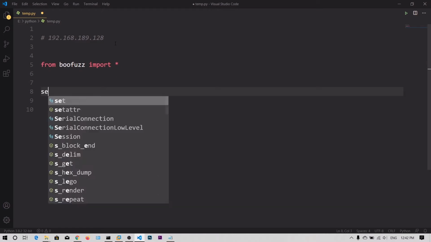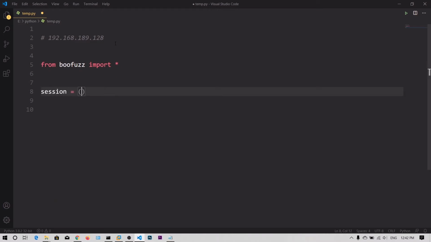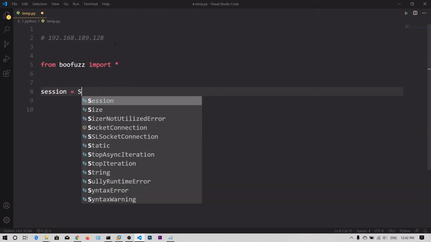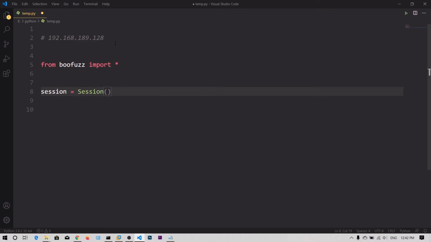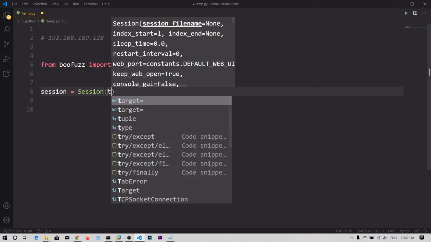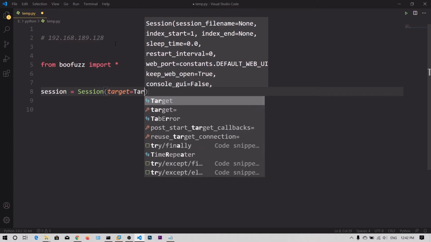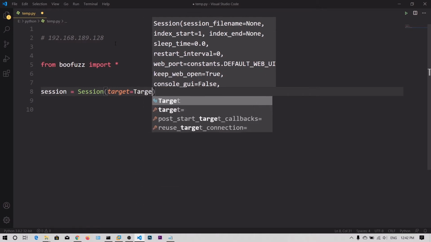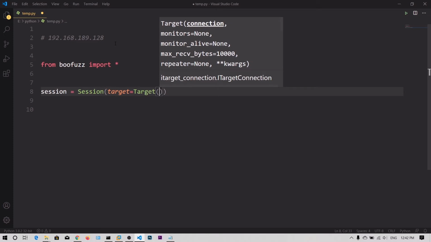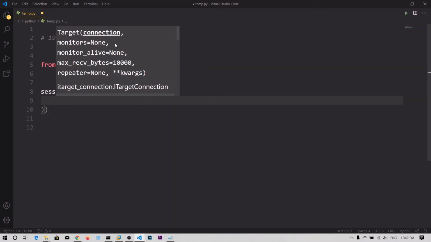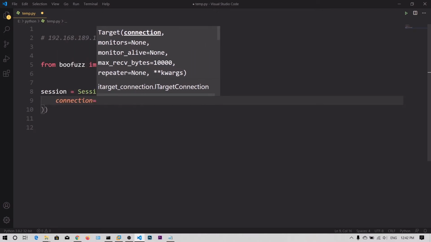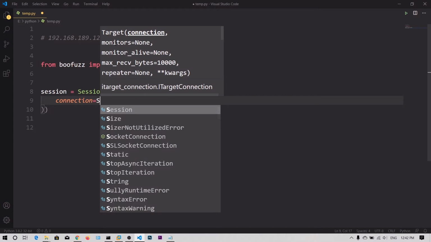Okay, first we need to create a session object. To do that, you need to say session is equals to Session of, and we need to specify the target. Target is equals to, and in that we need to give a target function. This target function takes an argument, a connection. We need to type connection is equals to, now what type of connection?